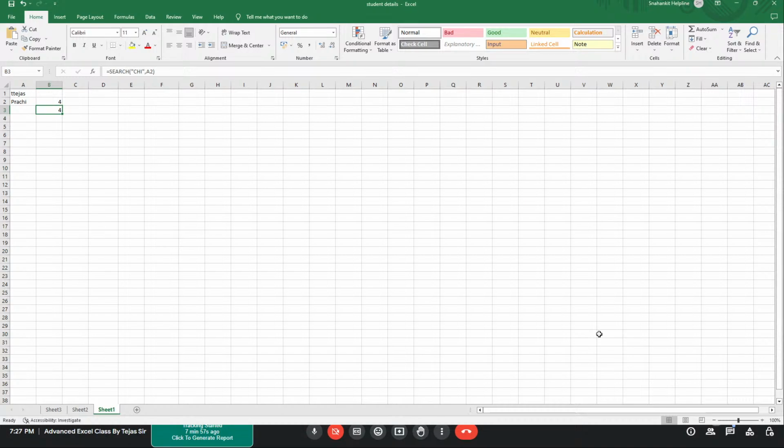String means the value in your cell which you have written in the cell, it will be called a string. So find and search, these are the two formulas which will help you to search the position. And see, you will say that